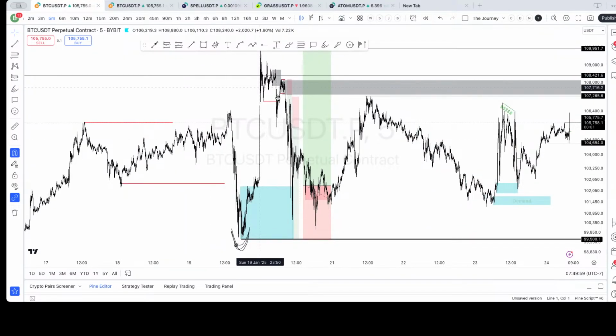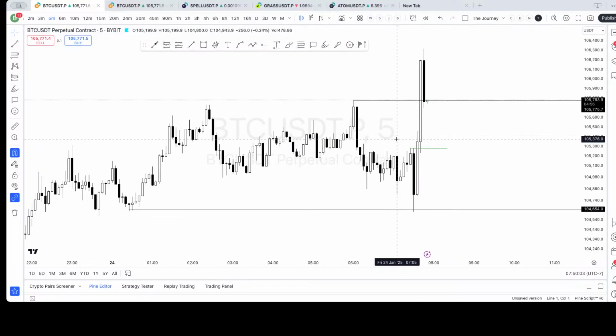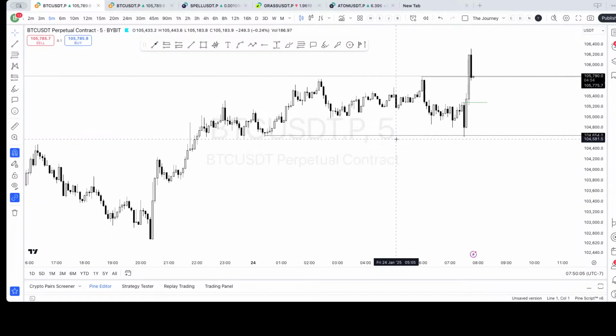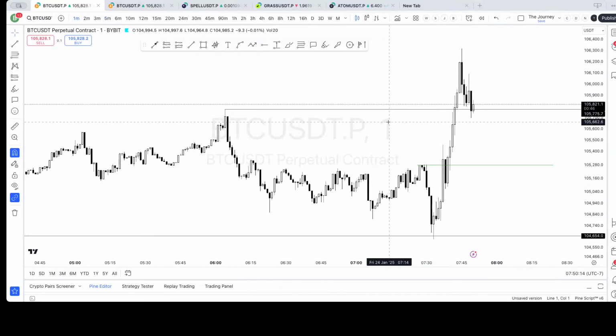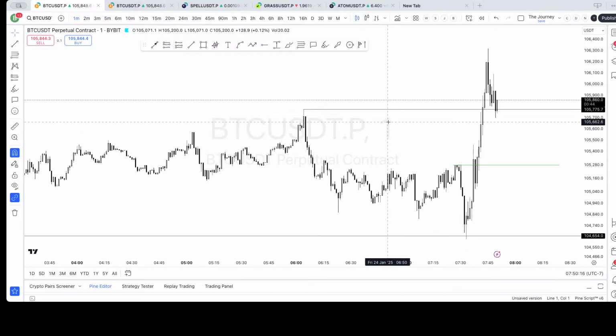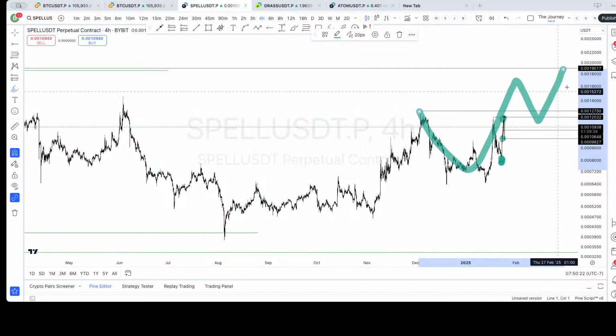Let me just take a peek at Bitcoin again real quick. I want to see if it's going to come back for something. Are you really just going to backtest that high and move? That'd be a dick move. I wouldn't be overly surprised, but that would be a dick move. Yeah, we do Trump coin.